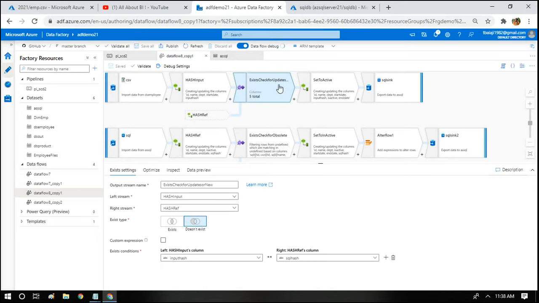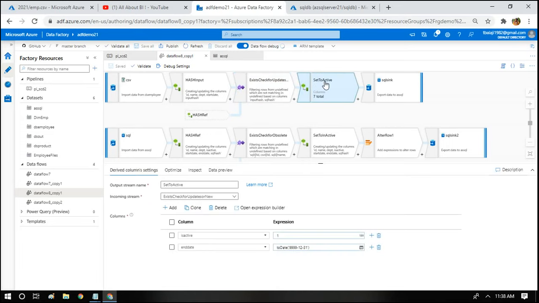Once you have identified certain records which do not match the hash value of any record in your table, we consider them to be new records or updated records. So next I'm going to set those records to active records, by updating the isActive column to 1 and setting the end date to 31st December 9999.